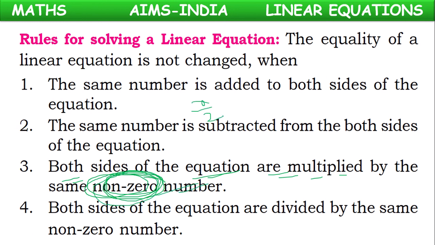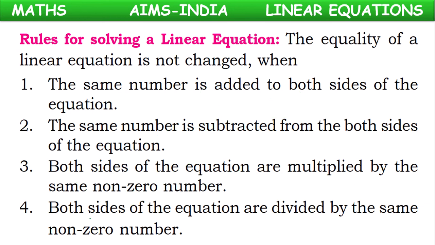Suppose if we have x by 2, we have to isolate x, means this by 2 is to be removed. X by 2 equal to 7. For removing by 2, we can multiply with 2 on both sides. So that 2 gets cancelled, x equal to 14. But the number with which we are going to multiply should be a non-zero number. Because if we multiply with 0, the left hand side total expression will be 0. There will be no unknown quantity and we cannot solve for the unknown quantity value.